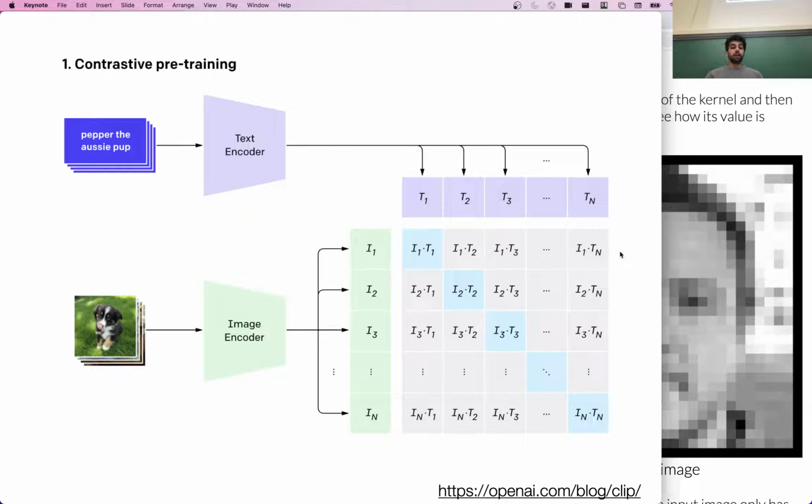I might get more images that are similar to this dog. I might get another dog, right? And I have to actually somehow differentiate where the dog is from or some other components of the image that make it such that only this dot product should be high and the others should be low. So if you have large GPU resources, you can really scale this to huge batch sizes, and as a result, you get this model.